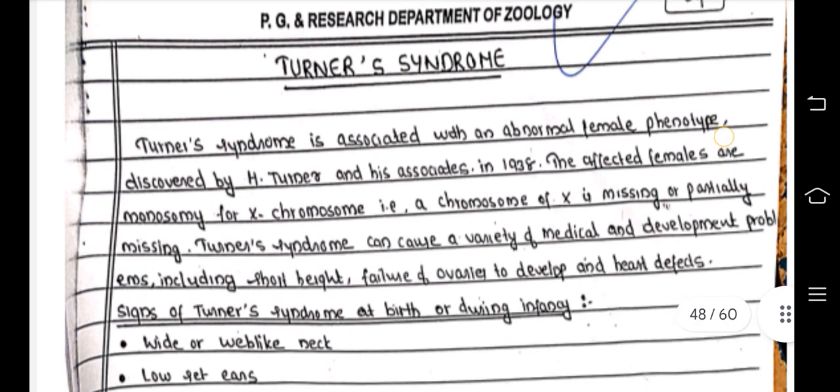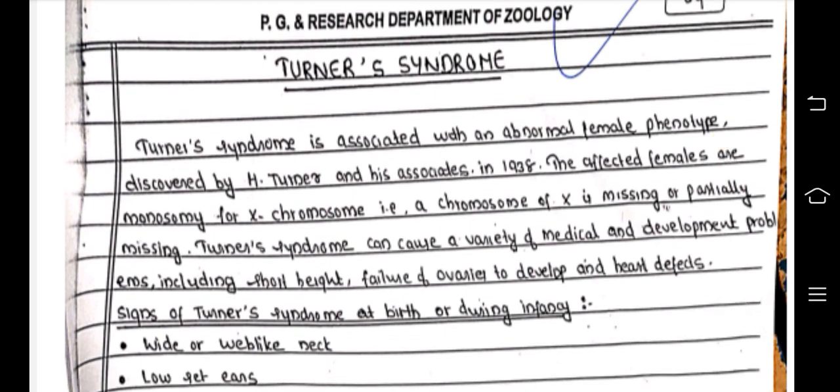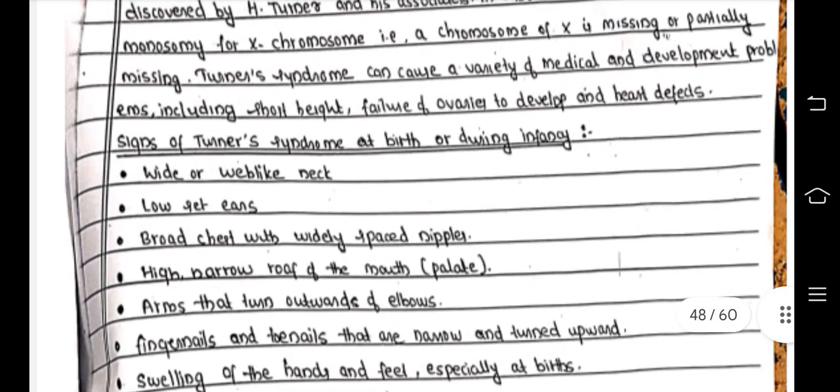And Turner syndrome. Turner syndrome is associated with an abnormal female phenotype, discovered by H. Turner and his associates in 1938. The affected females are monosomic for the X chromosome, and one X chromosome is partially missing. Turner syndrome can cause a variety of medical and developmental problems, including short height, failure of the ovaries to develop, and heart defects. Signs of Turner syndrome at birth and in infancy include a wide or web-like neck,